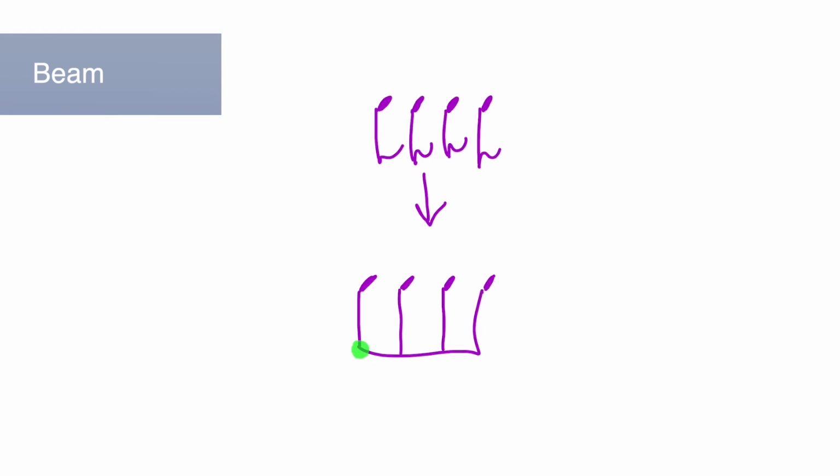And here's how they look when the stem is pointed down. Notice that when the stem is pointed down, the flags are positioned vertically underneath the note head. When you take note values that are eighth notes or smaller and group them together, we can group them together in what we call beams. So a beam connects the stems between the first and last notes of note values that are grouped together.